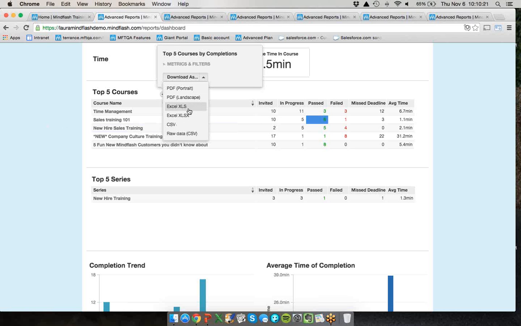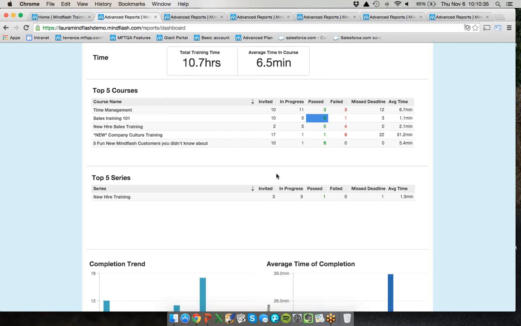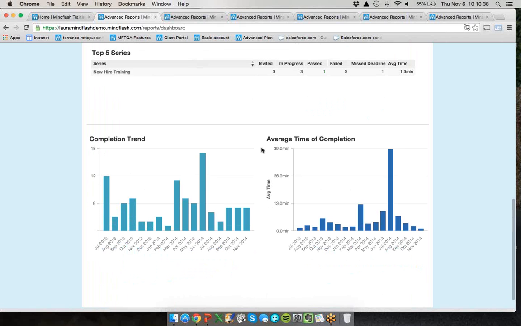We do have some customers who export them in some very raw data like CSV and Excel, and import them into other software they might use to do other types of reporting, or just keeping track of things. Scrolling on down just a little bit further here, at the very bottom of our page, on the Overview tab,